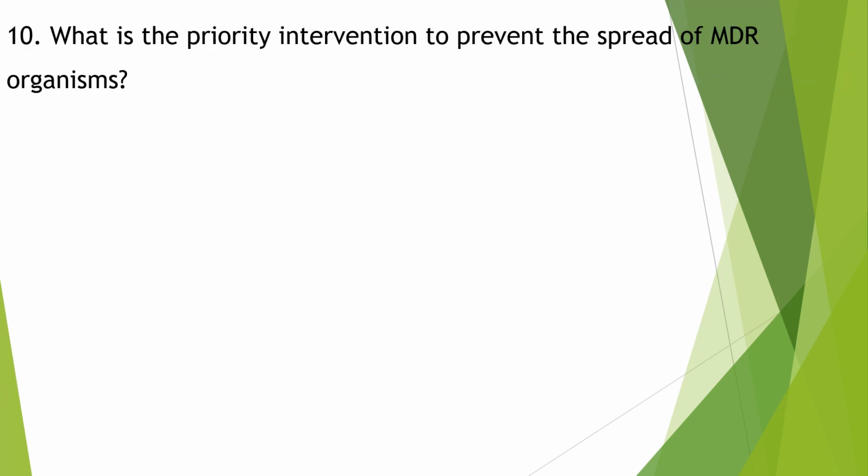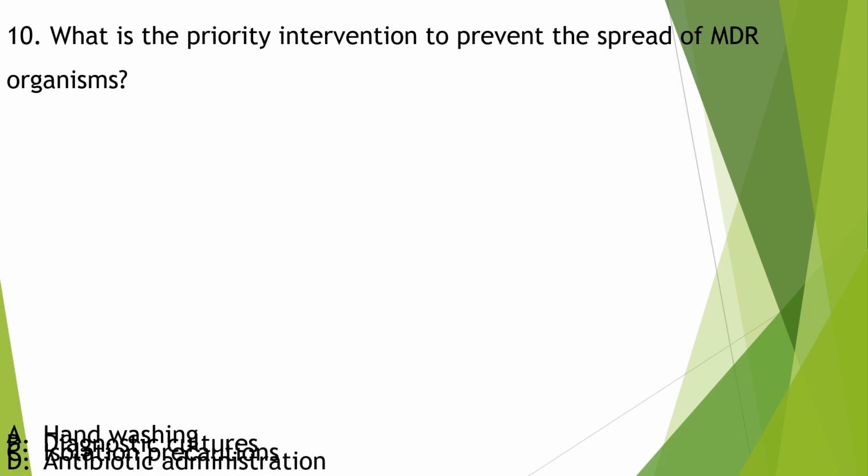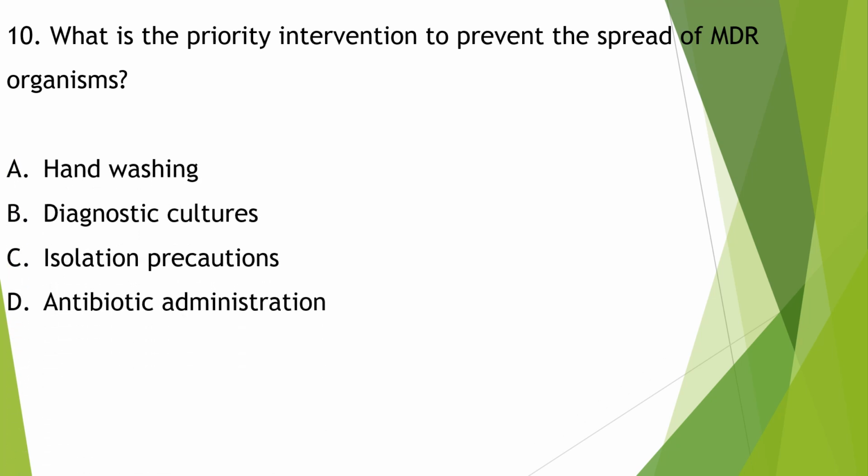What is the priority intervention to prevent the spread of MDR organisms? Hand washing, diagnostic cultures, isolation precautions, and antibiotic administration. The best treatment of multi-drug resistant organisms begins with prevention. So hand hygiene should be done. The declining rates of some MDR infections have been attributed to the use of alcohol-based hand rubs and improved hand